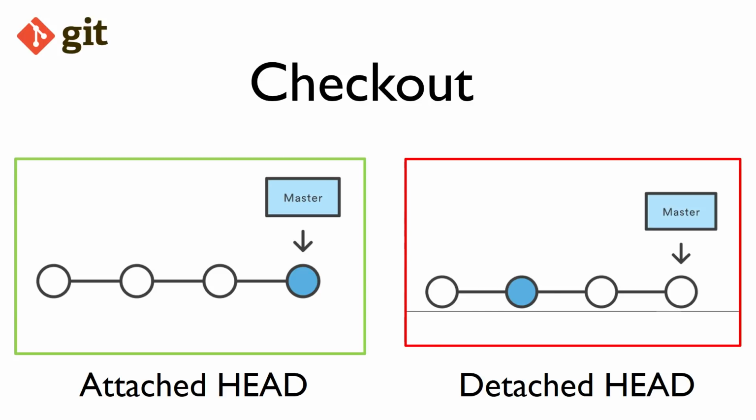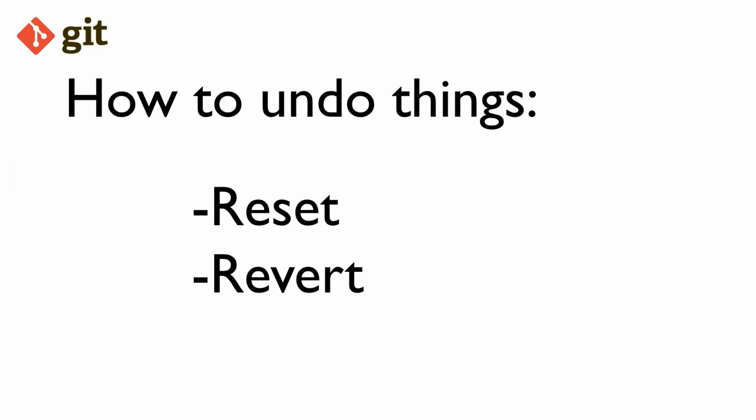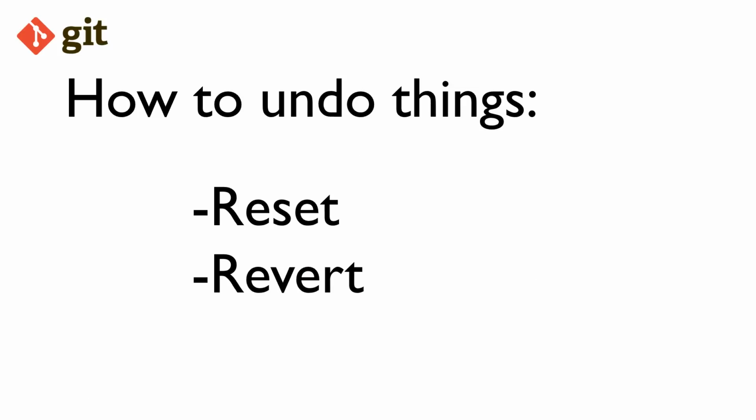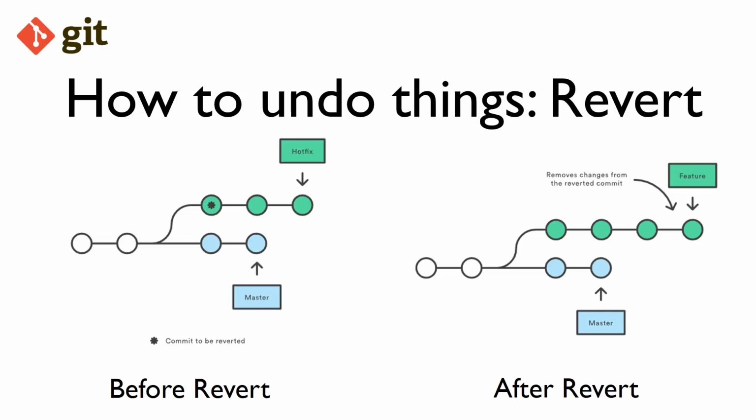So we have files, we can add them, we can check them out, and we can commit them. Now, how to undo things. You made a mistake, it will happen. There are two ways to undo it. You can do a reset or a revert. And what that means is,